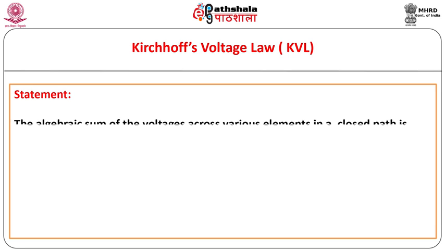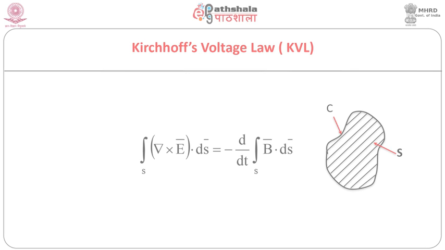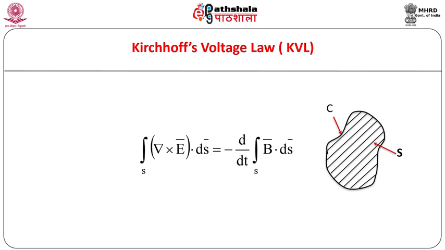We are familiar with Kirchhoff's voltage law. The law can be derived from Maxwell's third equation, that is using Faraday's law and Stokes' theorem. Consider Maxwell's third equation. Take surface integral of both sides over a surface S whose boundary is a closed contour C. The surface can be chosen so as to include all the sources of EMF on its boundary C along with all the circuit elements causing potential drops due to the passage of electric current through them and the conducting wires connecting different components in the circuit.